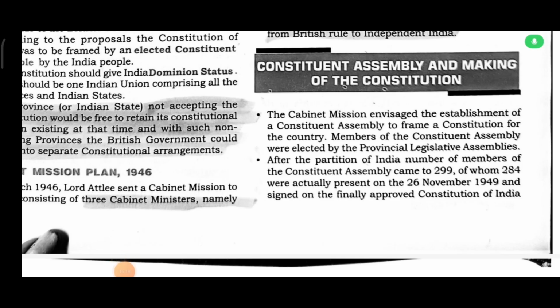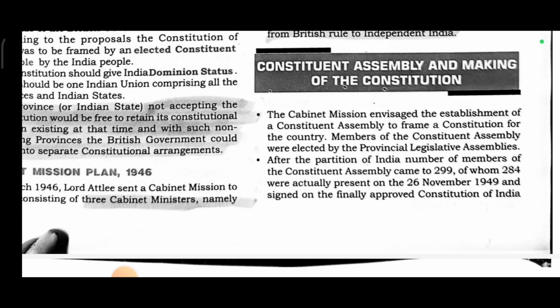Constituent Assembly and making of the Constitution. The Cabinet Mission advised the establishment of a Constituent Assembly to frame a constitution for the country. Members of the Constituent Assembly were elected by the provincial legislative assemblies. After the partition of India, a number of members of the Constituent Assembly came to